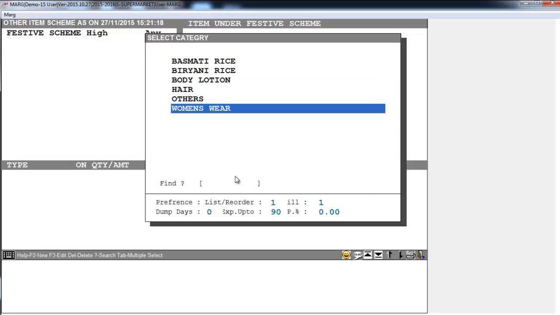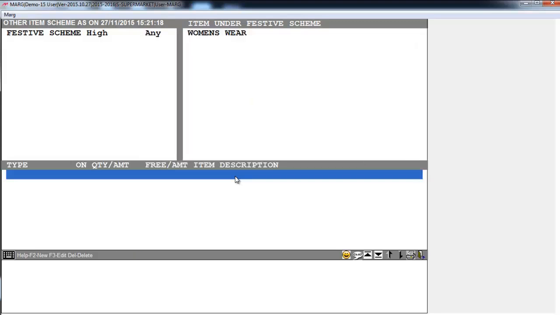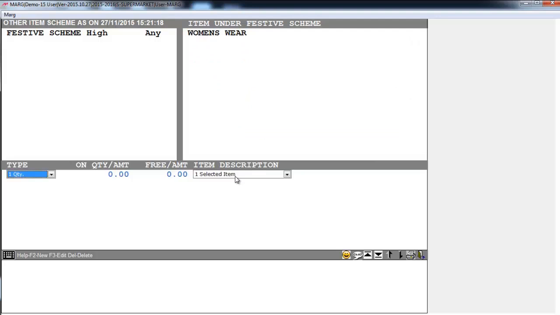So we'll press enter on women's wear. Then you'll see your cursor will switch down, where you have different options like quantity-wise, weight and amount-wise. Means you can apply the scheme on quantity basis, weight basis and amount basis. Now we'll select quantity.